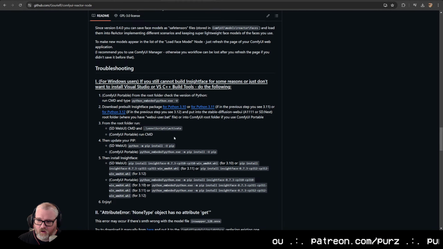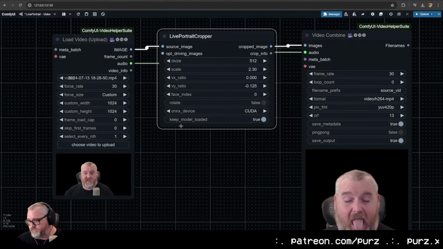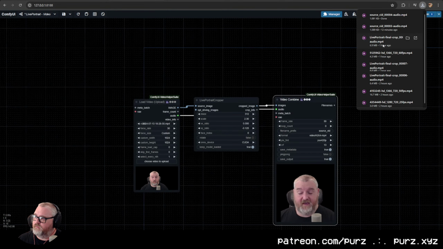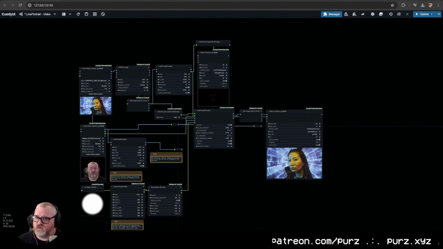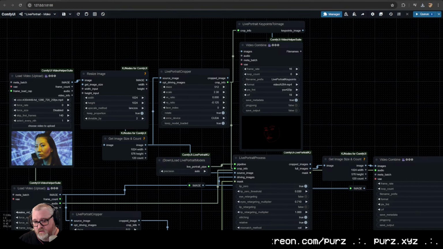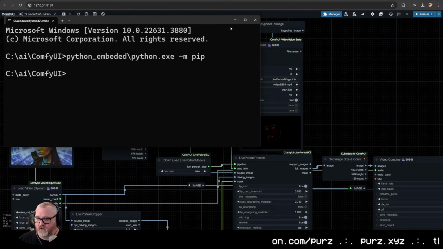Once you've got all this stuff running, you will have a bunch of nodes in ComfyUI that have to do with Live Portrait. However, to do video, I'm just going to save this quick. Okay, cool. So in order to do video, as of this moment anyway, you have to enable the development branch